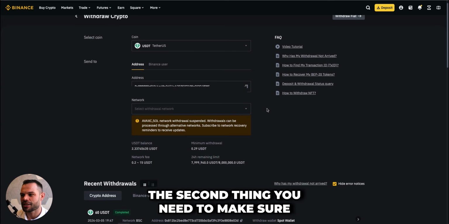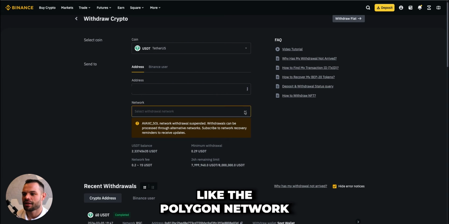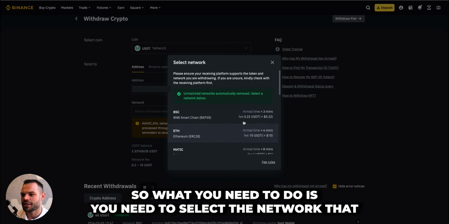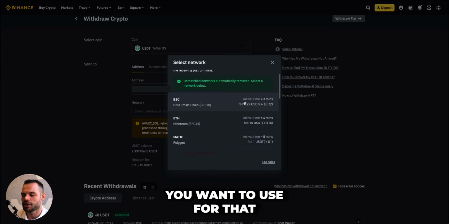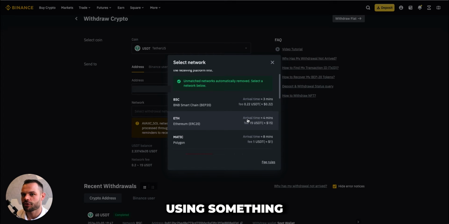The second thing you need to make sure to confirm correctly is your network. USDT, for example, is compatible with a number of different networks like the Ethereum network, the Binance Smart Chain, and the Polygon network. You need to select the network that you want to use for that transfer, and your destination wallet address may predetermine this for you. If you're using something like MetaMask and you're using the Ethereum network in MetaMask, you're going to want to make sure you select the Ethereum ERC20